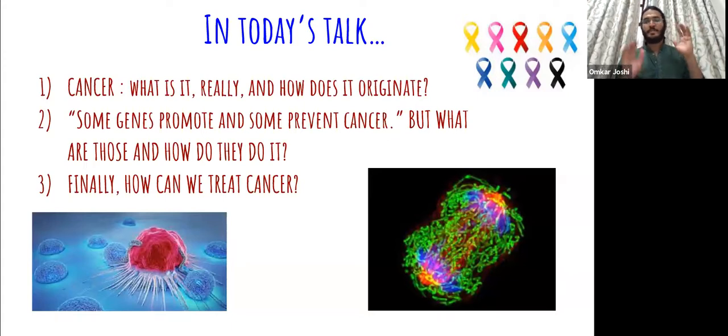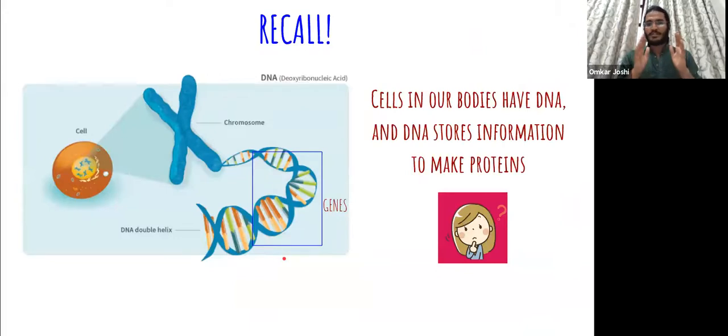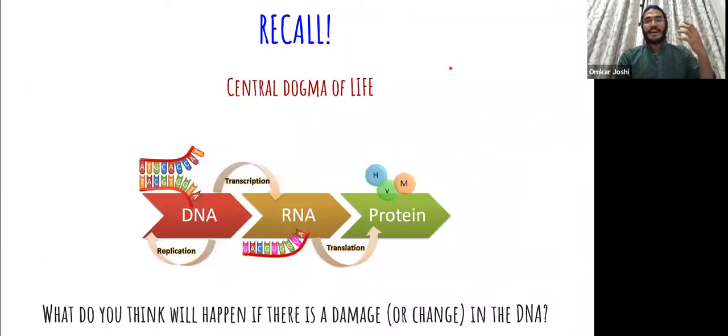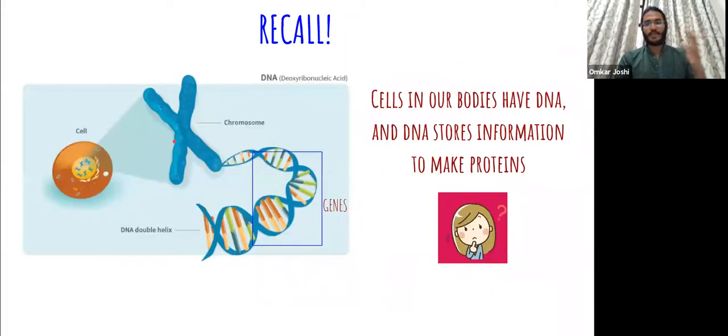All right. So before we begin today's talk, I want everybody to also understand a few concepts which I'm going to tell you in the next 2 slides, right? So first, most of the cells in our bodies, not all obviously, some people might tell me that, have what we call this organelle as the nucleus, right? So most of the cells of our body have a nucleus, and this nucleus contains chromosomes. Now the chromosomes are made up of this polymer called as DNA.